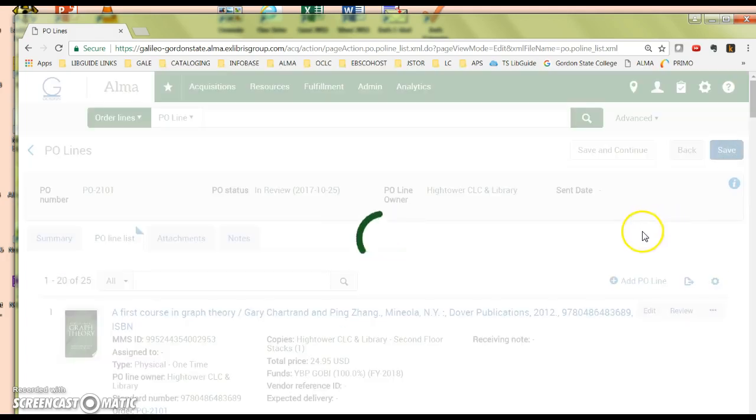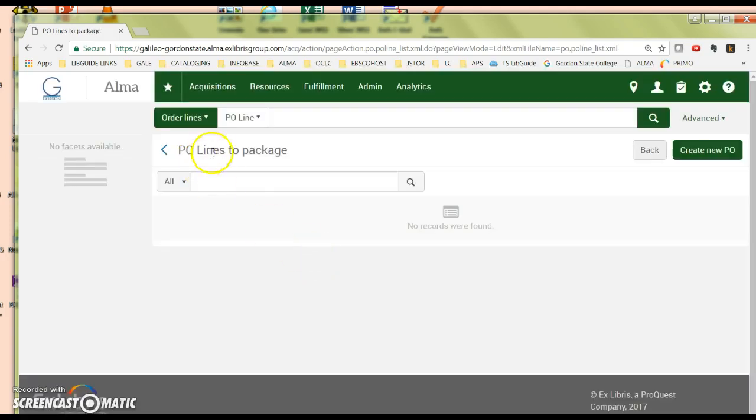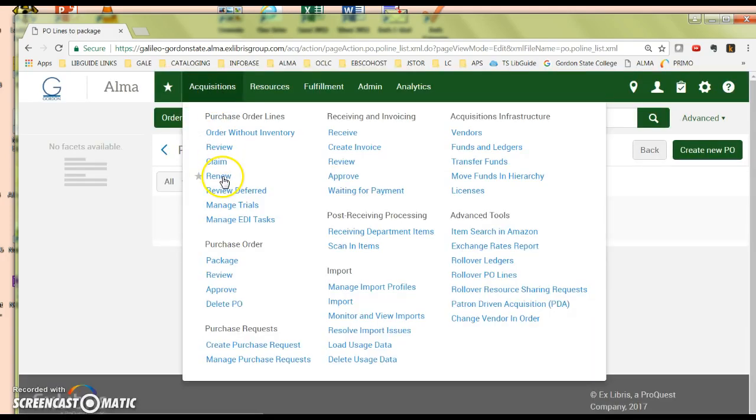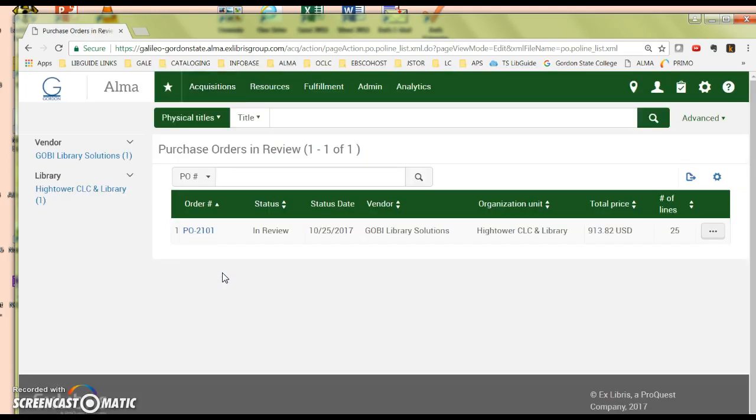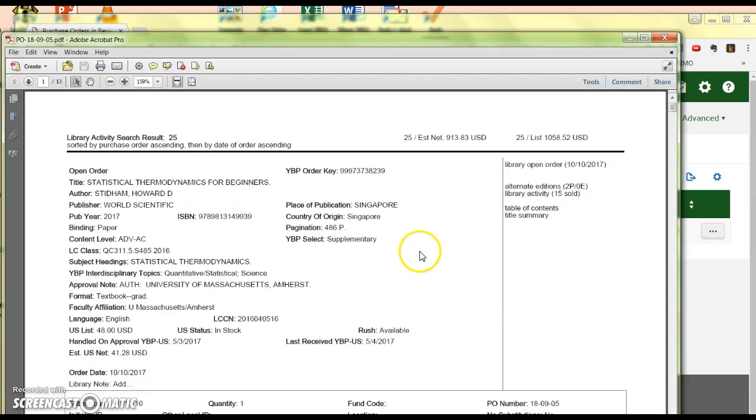We're going to save, and then let's take a look at that purchase order that we were just working on. So we're going to go to Purchase Order Review, and we're going to just make sure that we have 25 items on it, and the total price should be $913.82. So let's look at our purchase order that we submitted to Gobi, and we see we've got 25 items,